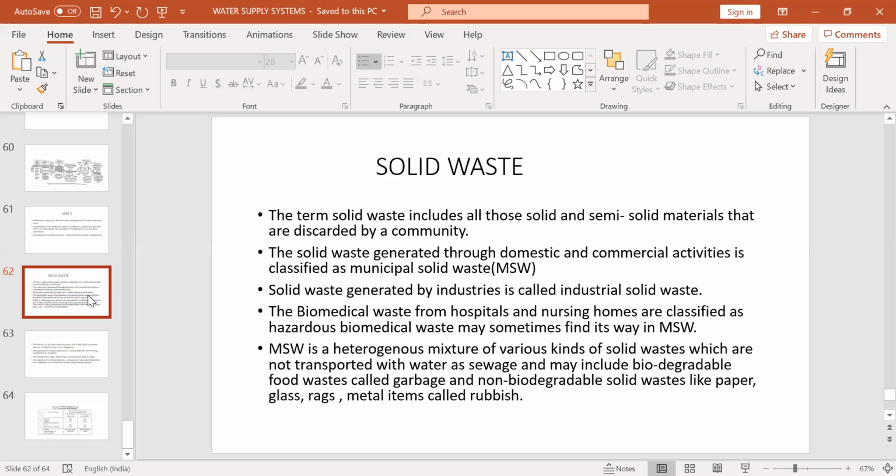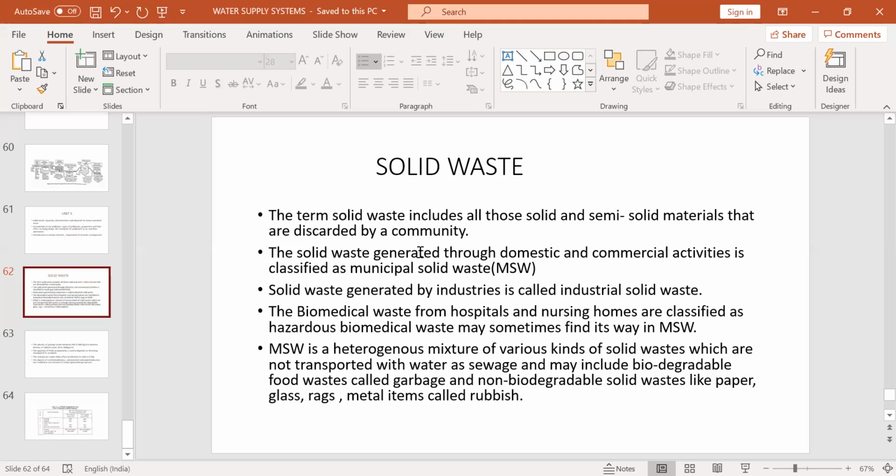But what happens after we throw it? Sometimes we throw not as a sensible decision. We throw our waste on the road or places where it's not supposed to be thrown, not thinking about the consequences. This is the solid waste. This solid waste management is the biggest threat to the environment now. So there is a lot of research going on in the management of such wastes.